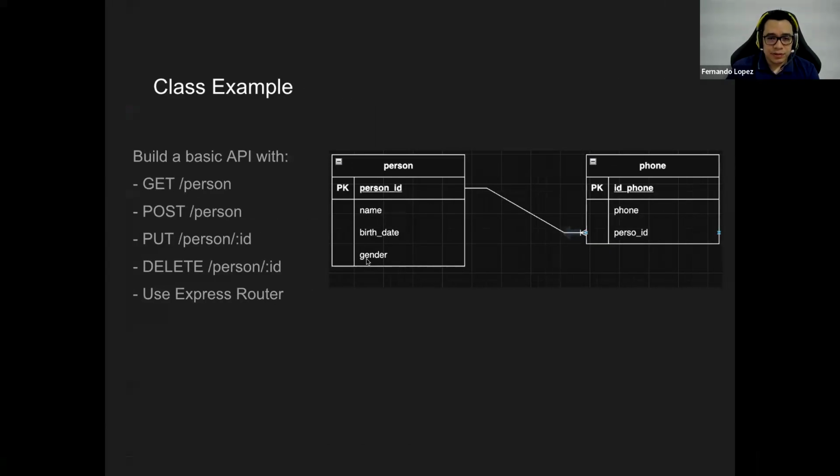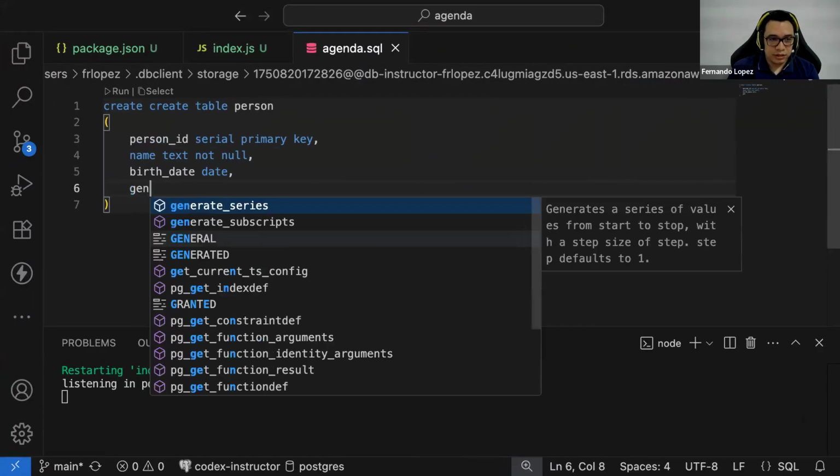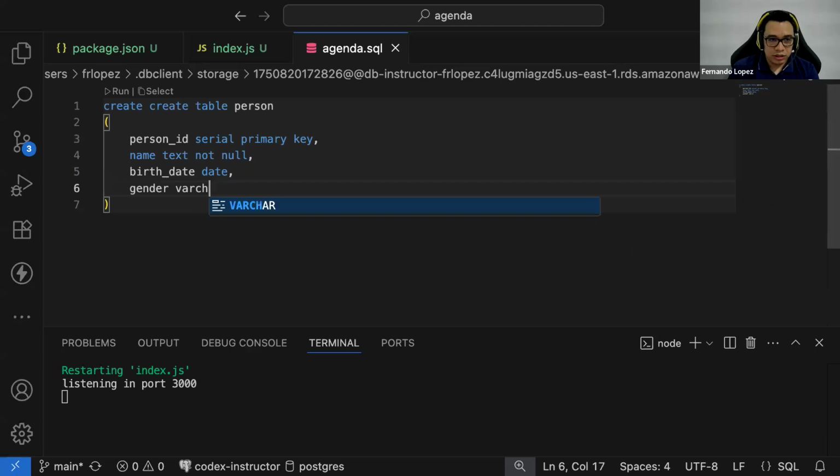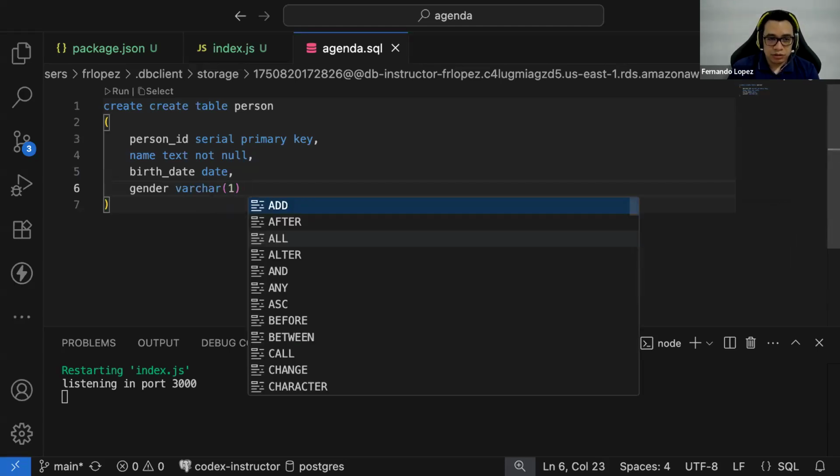And the last is the gender. Here we can set up that this is going to be a varchar with the length of 1, and we're going to add a check constraint.